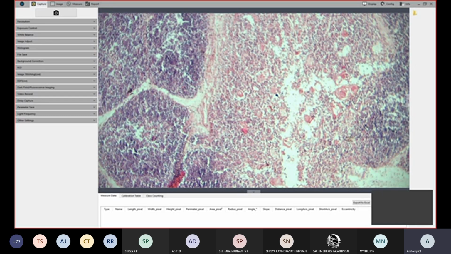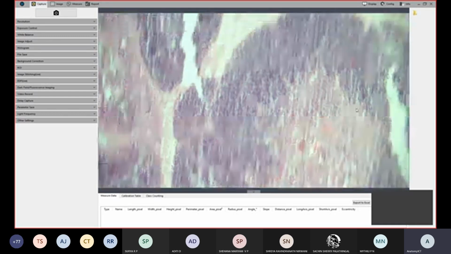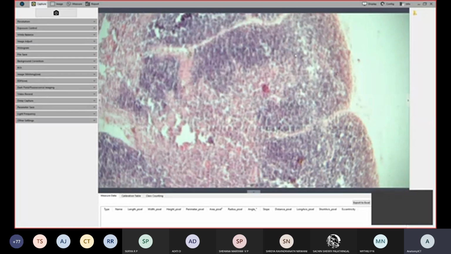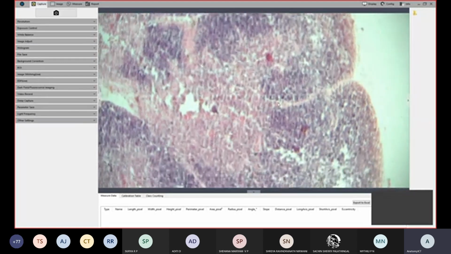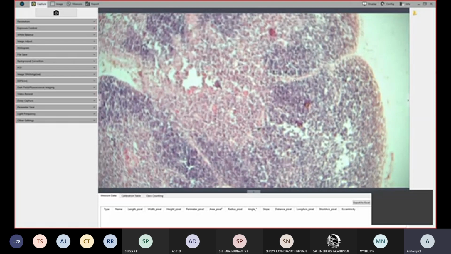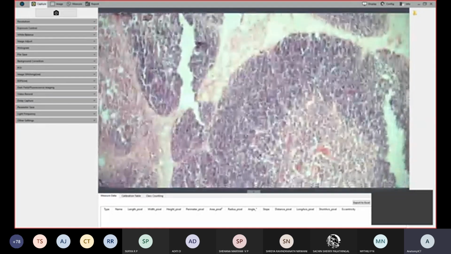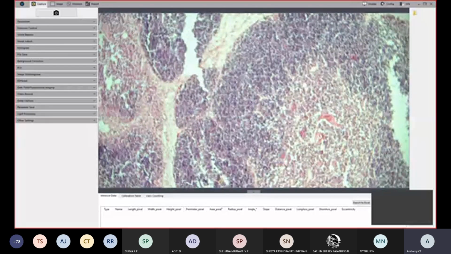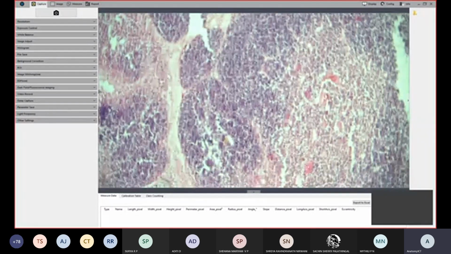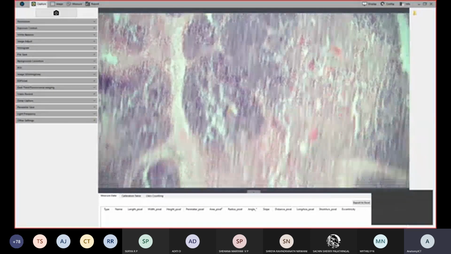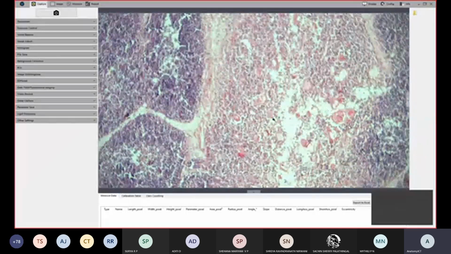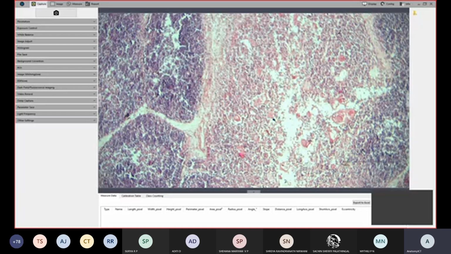So this is the slide of the thymus that you are seeing. So the capsule, you can see here again, the cortex, the medulla. Okay, the cortex will not be continuous. So again this is the medulla here. You are seeing some areas. So these are all the Hassall's corpuscles. So again here very clear. So that's why I focused on this one. So this is the Hassall's corpuscles.